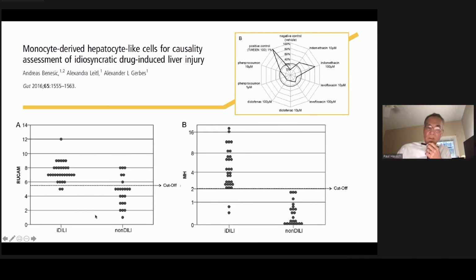They took a cohort of cases, which they used their expert opinion to decide if it was DILI or not. And over here, this is the RUCAM score, the old RUCAM score. It did reasonably well, but their MetaHep score did even better, and the cutoff was pretty good. So interesting data, whether this can become used in clinical practice and in development. It remains unclear, but we await further data.